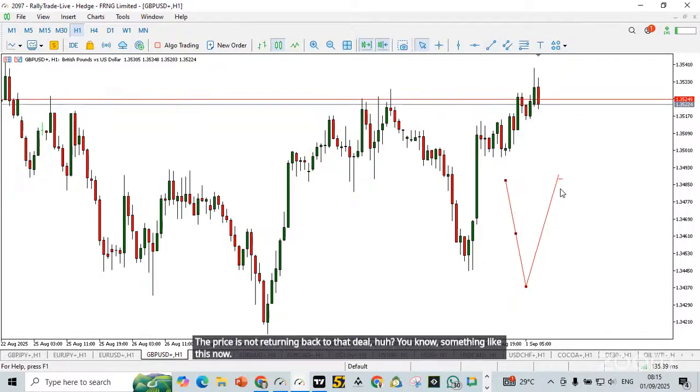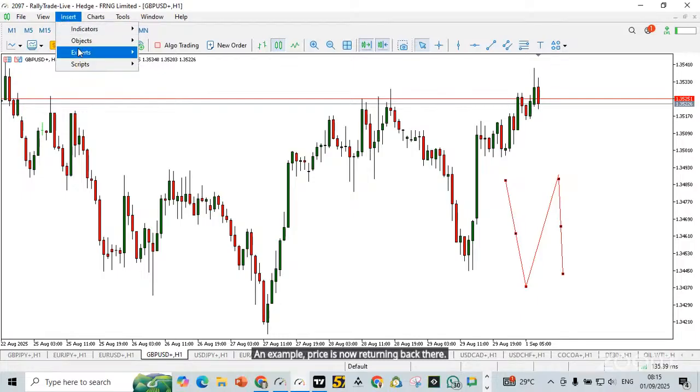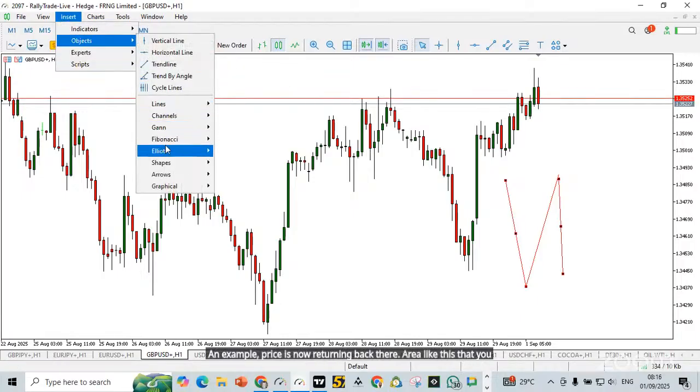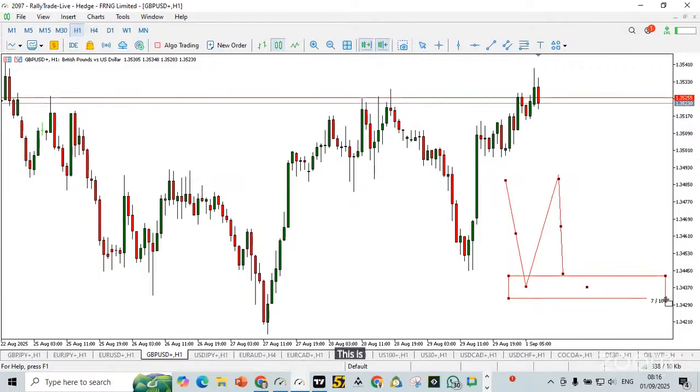If it is an area like this that you intend to enter and buy from, if this is the strategy that works best for you, that is what you will use to filter the market